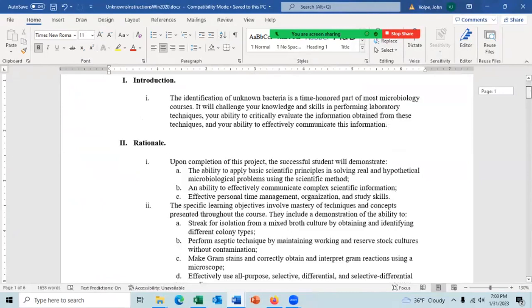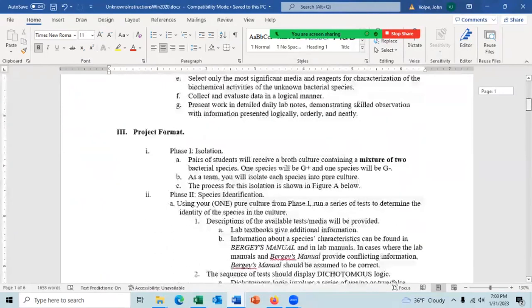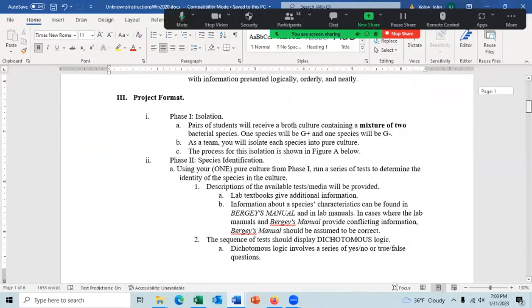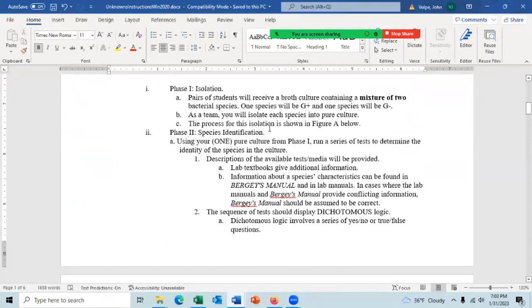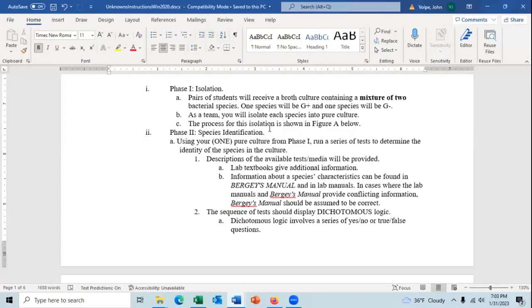All right, you can read about the introduction and the rationale. Let me talk about the project format. You don't really have to isolate the bacteria. When you went into the lab, I would give you a culture that had 2 bacteria species in it, and you'd have to streak it out and get a pure culture. We decided in the online course that we're just going to give you one unknown number.